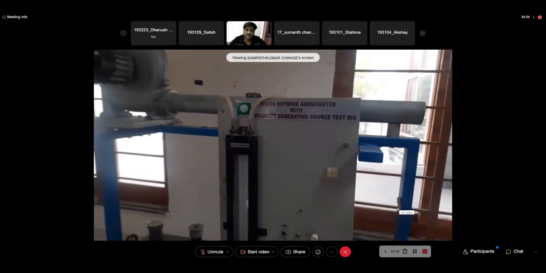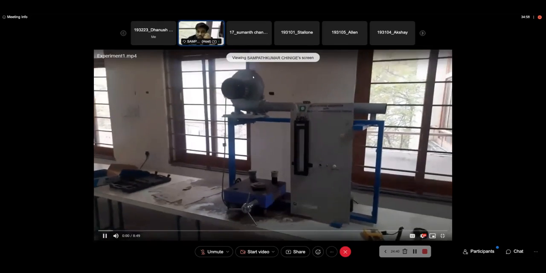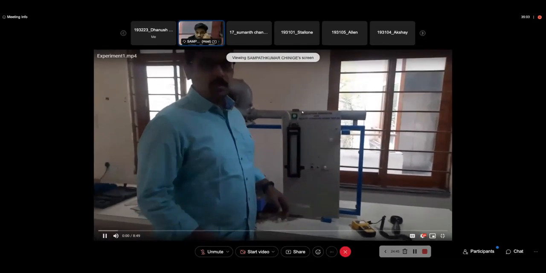This is the setup that we have in our laboratory. So this is the motor or the blower that we have, and this is the pipeline where we have, and this is the U-tube manometer which is connected to the